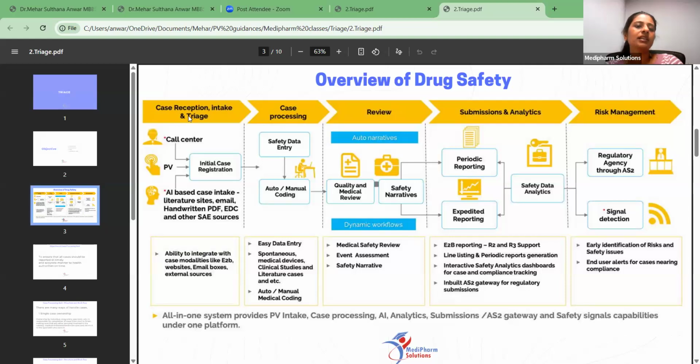So basically as a triager, first you have to assess the validity of the case, and based on that you have to classify the case into valid or non-valid. And if it is non-valid, you have to send it to the follow-up team so that they follow up and get the validity. Now you have classified it as a valid case. So before going into that, whatever I have spoken, like the validity criteria, unidentifiable reporter or unidentifiable patient, suspect